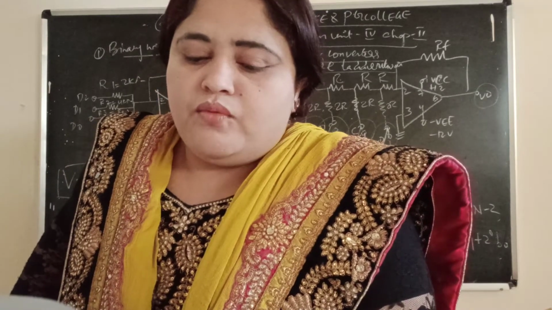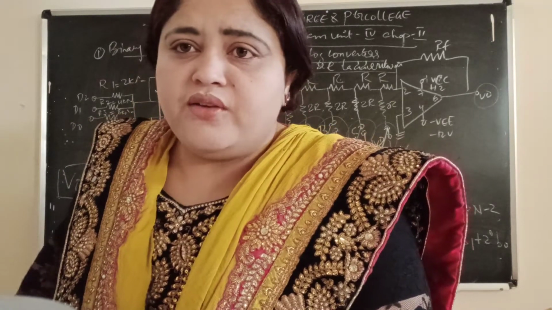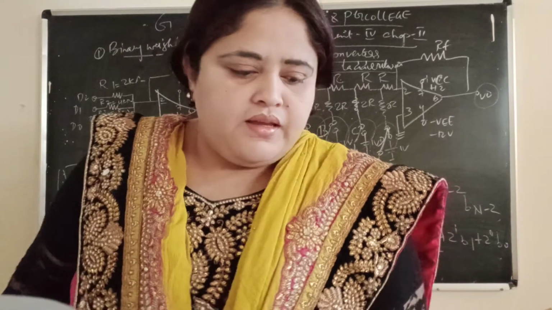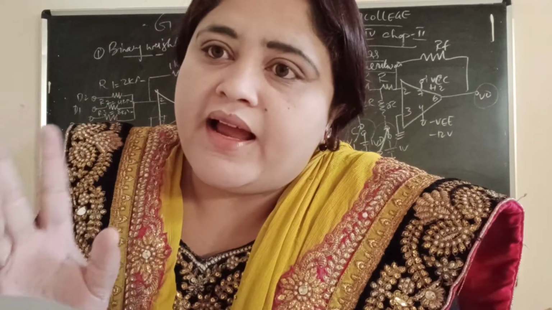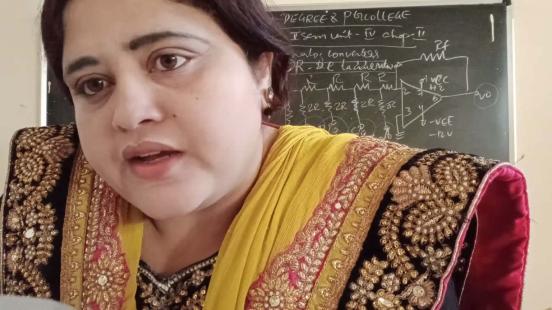Then what is accuracy? Accuracy is defined as the measure of difference between the actual analog output and the ideal analog output. That means, actual analog output means what? After connecting all the components, you will get the output in the form of analog, in a digital to analog converter. And ideal analog means what? Without connecting any input, ideally you will get one analog output. The difference between both is nothing but accuracy.